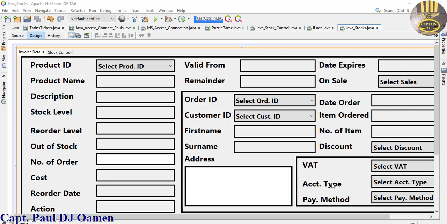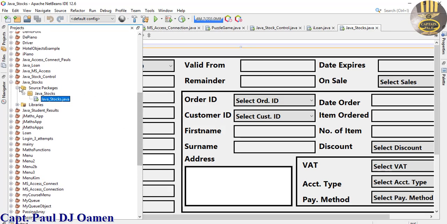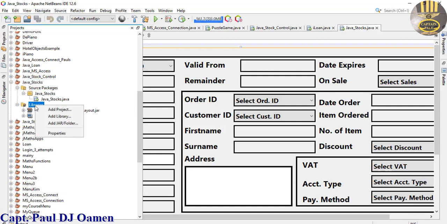Alright, back in our editor, I'm now going to click on the project tab here and look for the name of your project, and that's my project. It's called Java Stocks. So make sure you drop it down, and you then need the library. Look at the library there. Right click on the library. What you now need are known as the jar files, so that the connectivity will take effect. Click on add jar file,